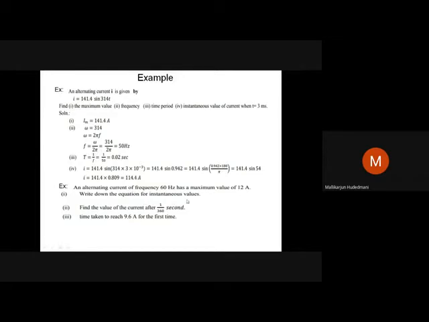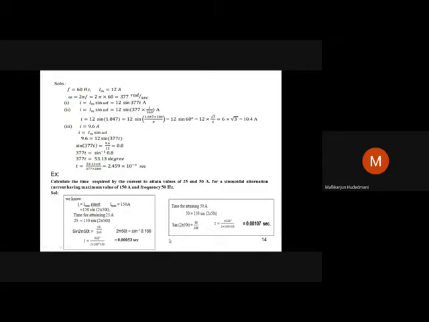We could do it. The second is what? Find the value of current after 1 by 360th second. T is given. Like in this problem, what was given as a T? 3 millisecond, and we put that value at position T. Similarly, after having obtained the equation for this current, I have to mention the value of current at T equal to 1 by 360 second. T I have to put as 1 by 360.